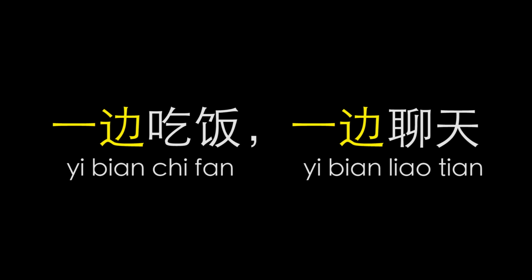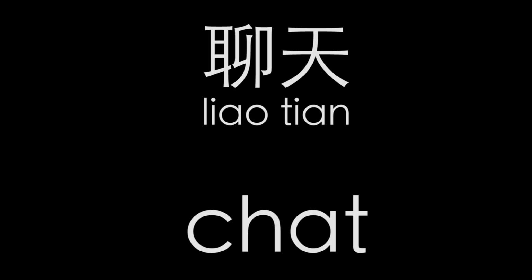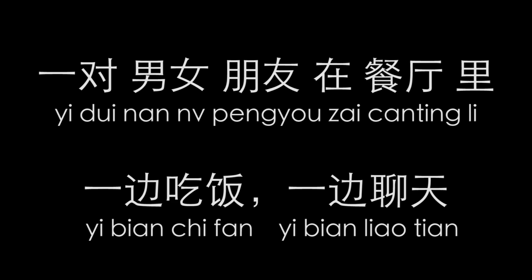She says, 一边吃饭一边聊天。If you do two things at the same time, for example, eating and chatting, then in Chinese you say 一边 eating, 一边 chatting. As you know, 边 means side, so you could translate this as on one side eating, on the other side chatting. 聊天, that means to chat. 一对男女朋友在餐厅里一边吃饭一边聊天。